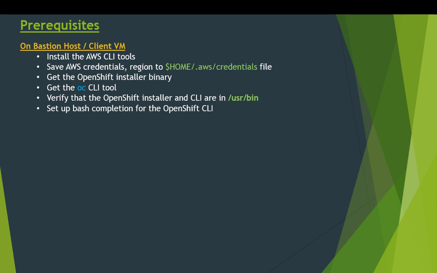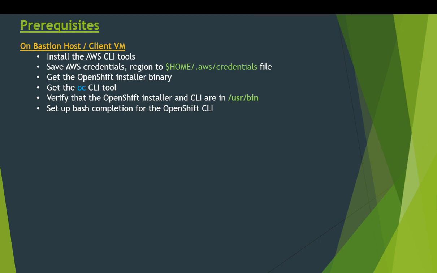I will show you later. Then whichever credentials I showed you in the last slide, we have to save those credentials under this location, my home directory slash dot aws slash credentials, because we will be using this location in our installer.